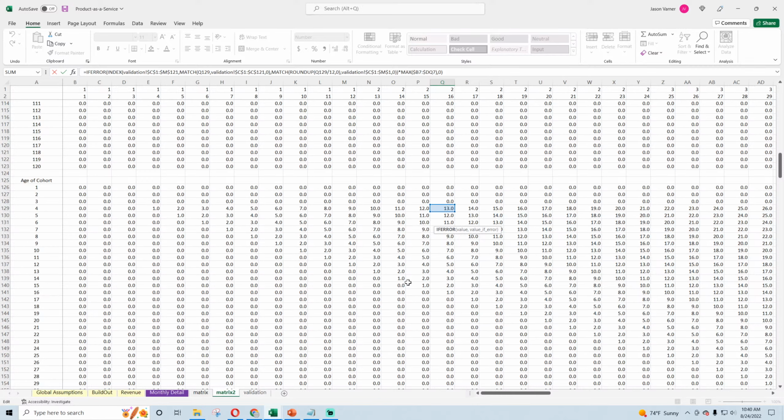Okay, so we're getting hung up on the year the cohort joined. So I was doing the month age of the month divided by 12, rounded up. So this should be 2. Anything 12 or less should be 1. 13 is 2. So this is odd.